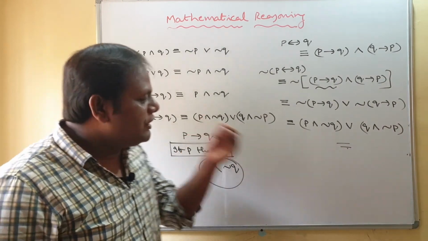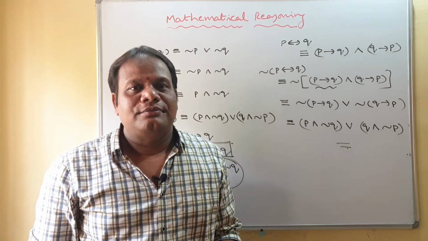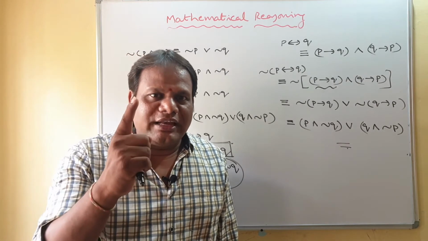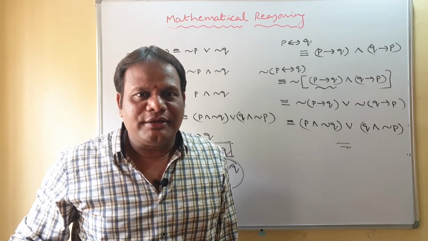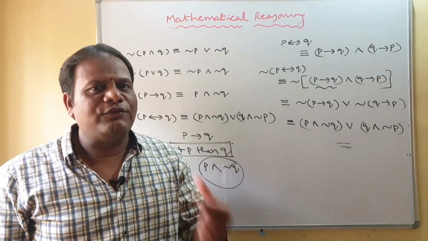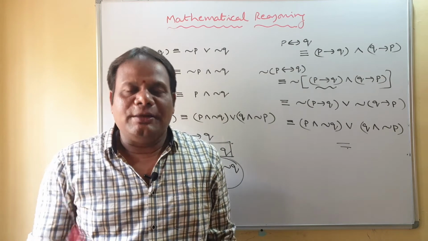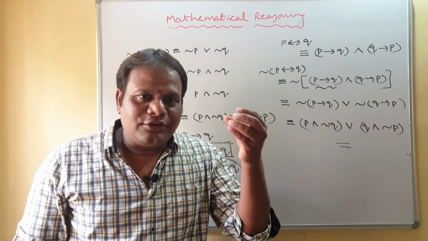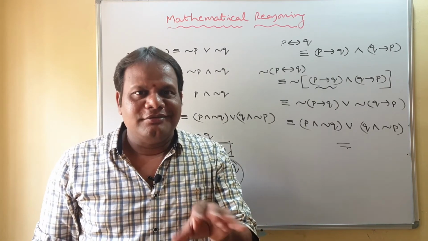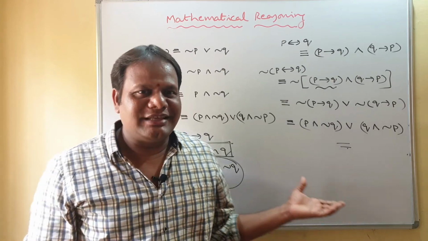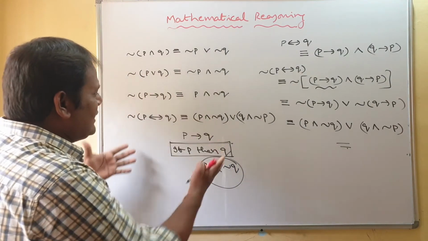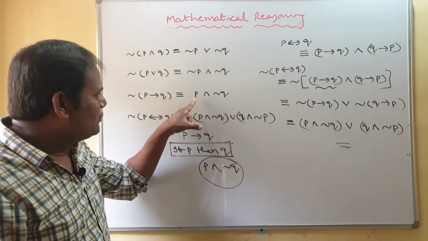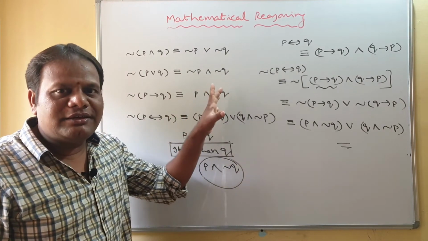Okay. So if a number is even, then it is divisible by 2. So in place of P, what we have? Number is even. In place of Q, what we have? It is divisible by 2. Okay. Negation to that. So a number is even and it is not divisible by 2. That is the negation for that. So when you write negation for implication, again you don't write if condition, that is wrong. So simply you take P and negation Q.